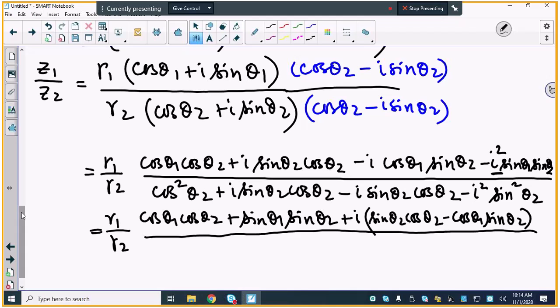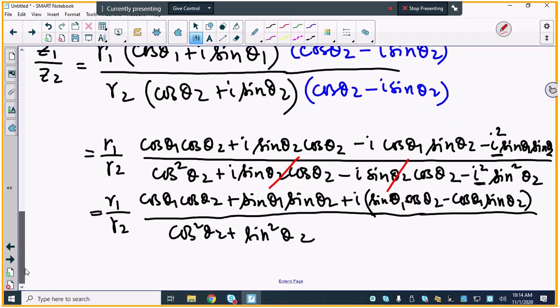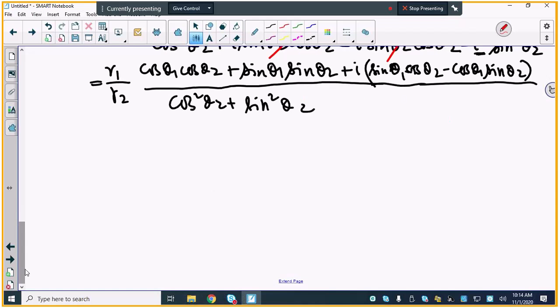Okay, so I should have said sine theta 1 here, so let me change it. Should be sine theta 1 cosine theta 2. Okay, see on the bottom you have cosine square theta 2 plus I squared is negative 1, so minus times minus is a plus, sine square theta 2. And the other two terms, you have cancelled them with each other because they're the same term, negative of each other in sine. Which is really good news for us,